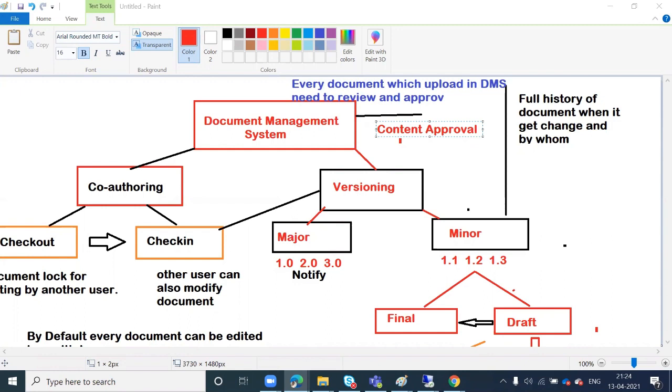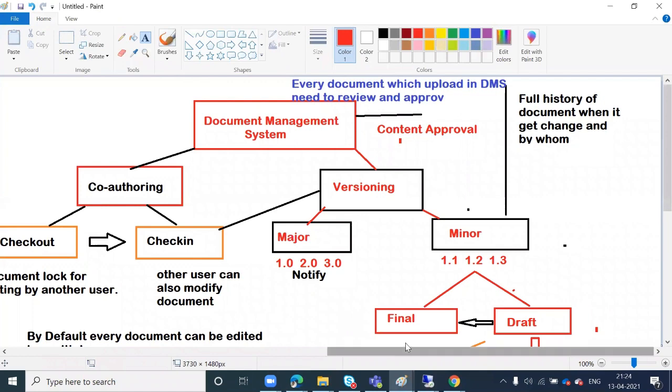And maybe that content is not exactly right for a specific group of users. So it means that every content which we upload in a SharePoint document management system requires a proper approval. So what all do we have? Once again, when we talk about SharePoint